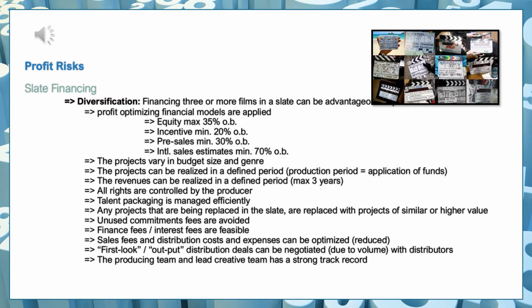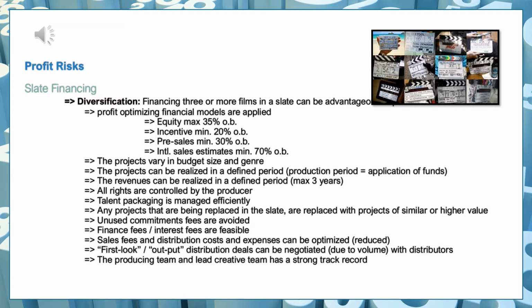What I also do to diversify is I put projects in that have different budget sizes. So it's not all $10 million movies or all $15 million movies. I put in low budget television series that are documentary series. I put in drama series that are more expensive. I put in low budget movies. I put in medium sized movies. So I put in varied budget and varied genres that allow me to have a bucket of different kind of product.